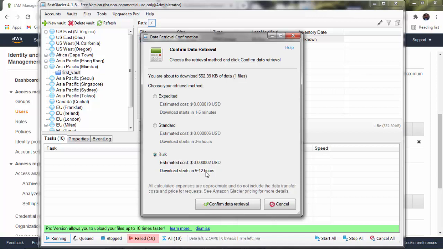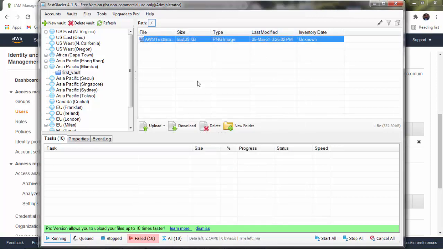So as we already discussed, S3 Glacier is basically used to store a large amount of data at a very low cost, and your data must be data which is required to be accessed rarely. If you want to access data regularly, at that time S3 Glacier is not the best choice. But if you want to access data rarely, at that time you can store your data with minimum cost. So these are the different options available, and based on that you can download your data from the vault. So in this way you can store data inside the vault, and you can download or retrieve data from the vault. Now let us go back to our AWS Management Console.